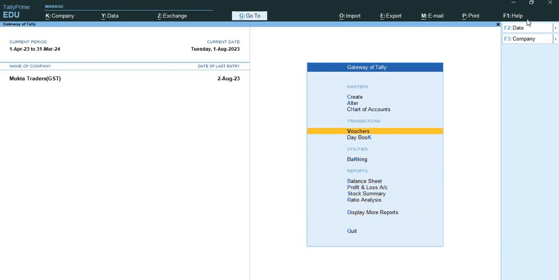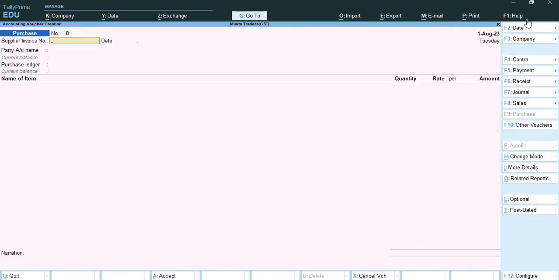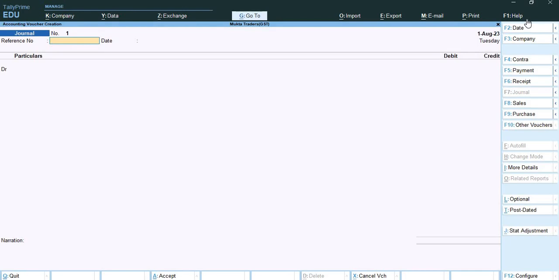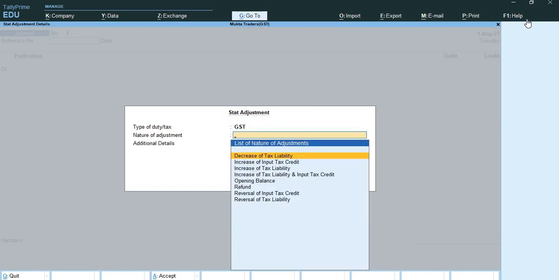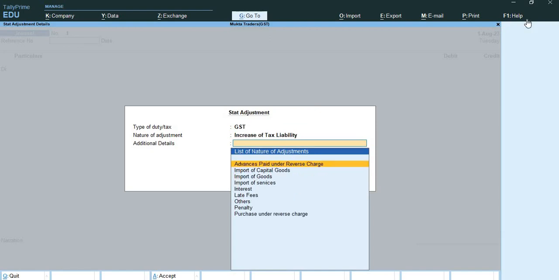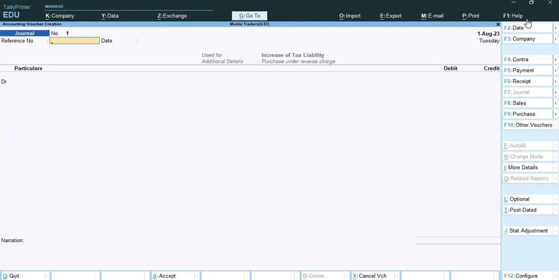I'll go to vouchers and press F7 for journal voucher. Here I need to press Alt plus J for stat adjustment. I'll select GST. For nature of transaction, I'll select increase of tax liability. And for additional details, I'll select purchase under reverse charge. Okay. So now I need to show my tax liability. So for this the entry will be